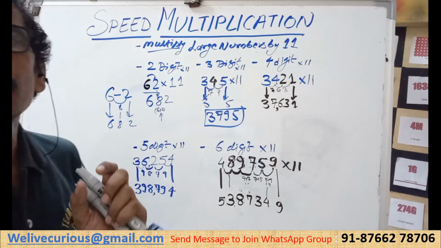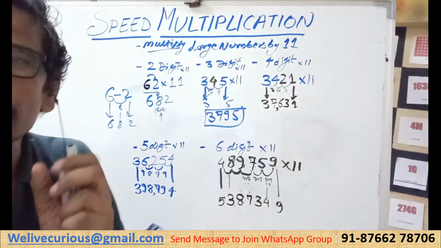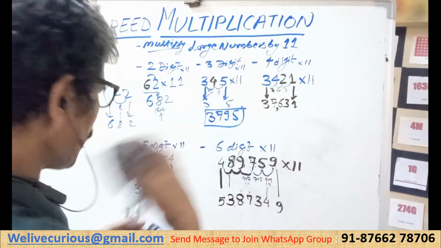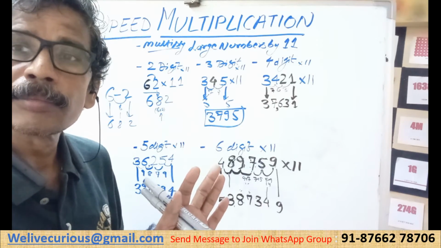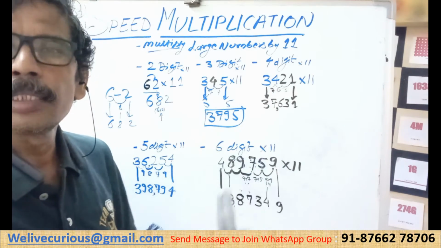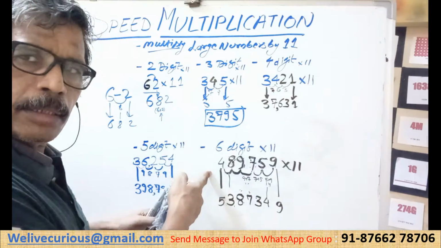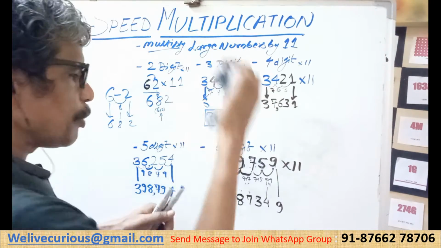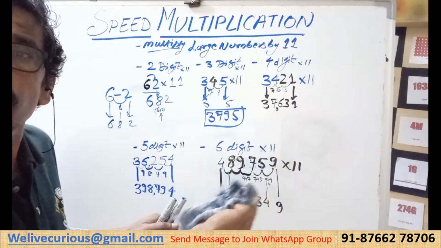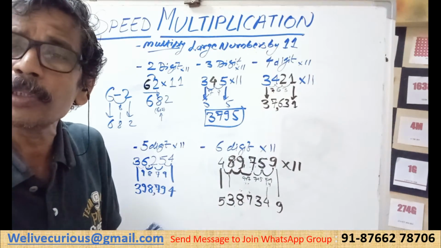The only thing that is missing is some interesting exercises to get you going that I will provide, and you just do exercises to your heart's content and cook up your own questions. Don't wait for somebody else to give you questions. Cook up your own questions and keep doing it. Look here, 489,759 multiply 11 you have done.